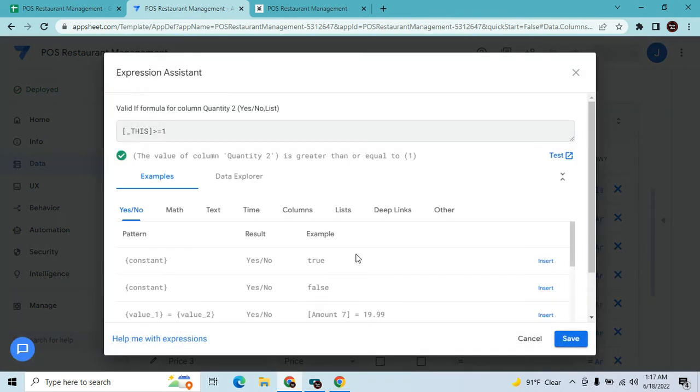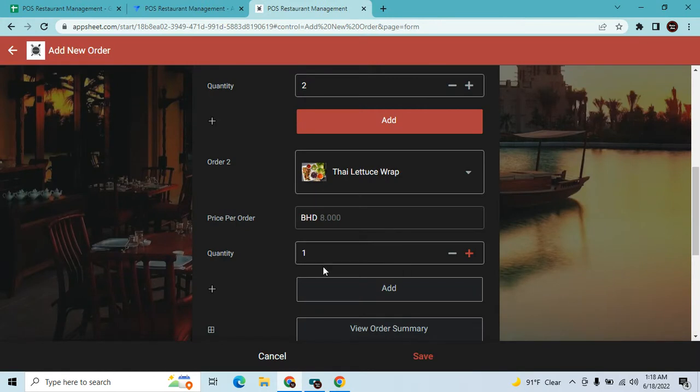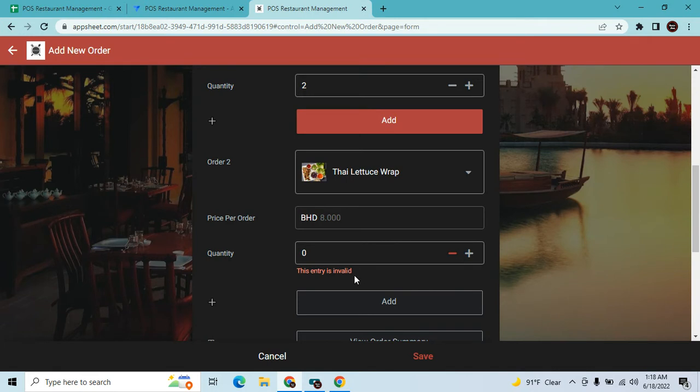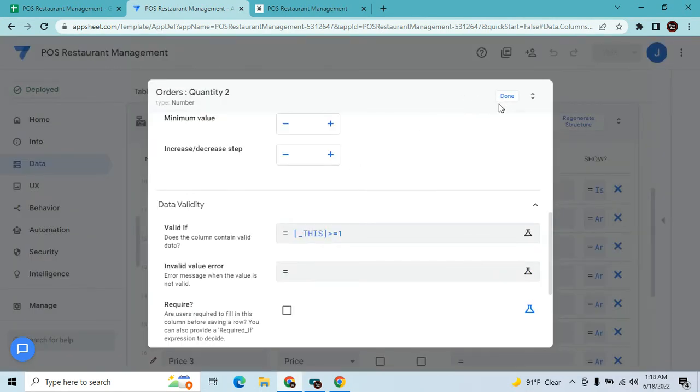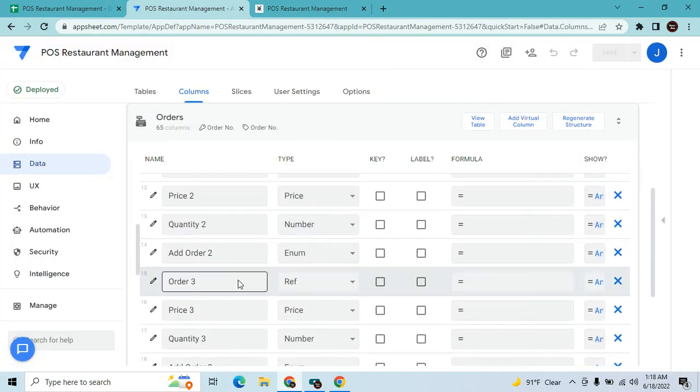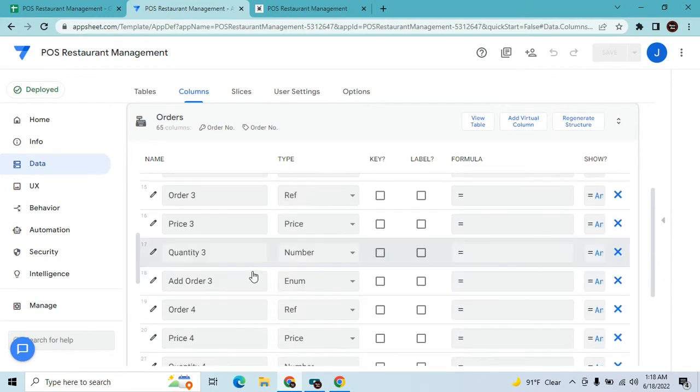So as you can see, this is a simple formula. This row must be greater than or equal to one. If it's equal to one, then it's valid. If it's zero, it's invalid, because we don't want to order without a quantity. So you have to put it. Then you can apply this to all the formulas, depending on how many items you have. Since I have 10 items,